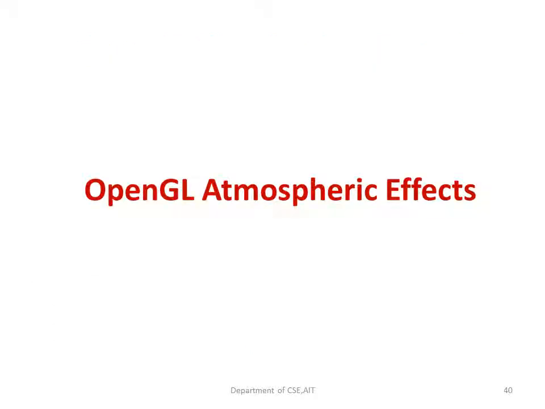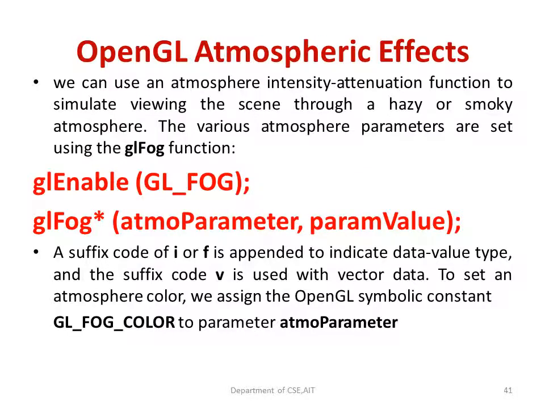Now we will see some special APIs which will add some atmospheric effect. Atmospheric effect means we will see the foggy effect and how we can create it. We can give a hazy or foggy effect to a scene if I make use of an API called glFog. glFog will have two parameters: the first one is the atmospheric parameter, and the second one is its value, the atmospheric value. We can make use of an integer or a float, and of course we can also take it from an array, which is called V.